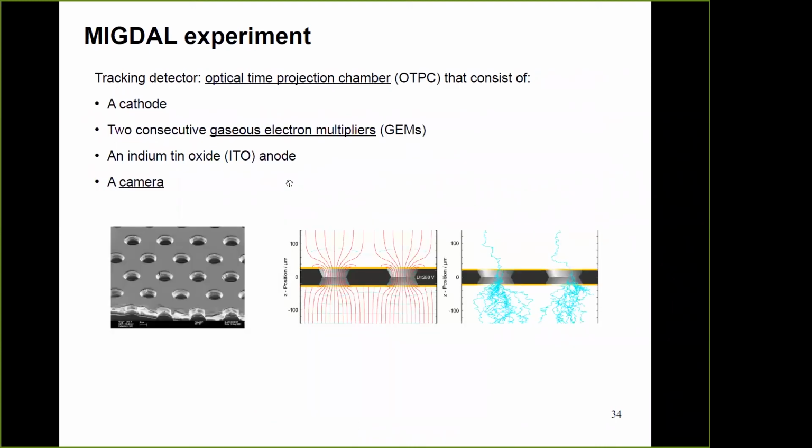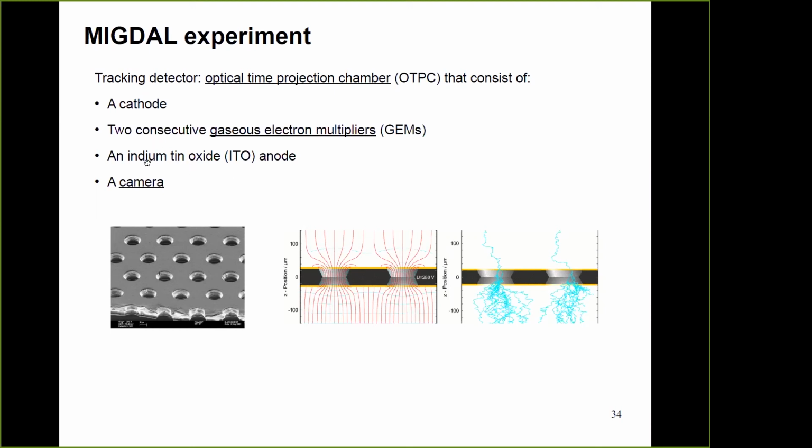Now explaining the tracking device itself. So I have explained what gas we are going to use, what neutrons to induce a Migdal effect. Now, how we are going to observe these two tracks, this nuclear recoil and this electron track. So we are going to use an optical TPC, which consists of a cathode